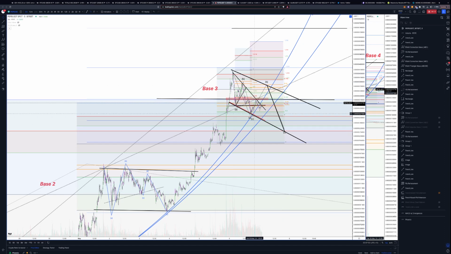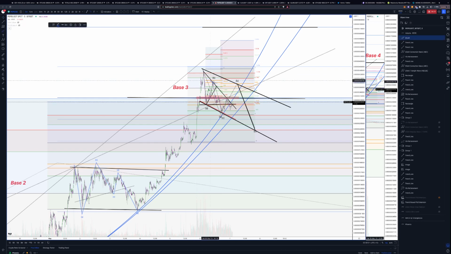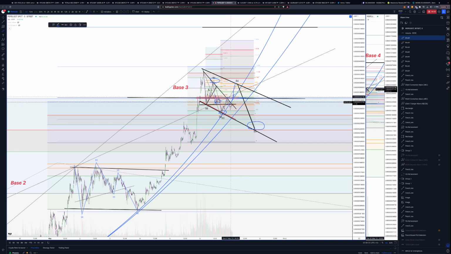I'm very aware of AB equals CD, and so if it comes down here, I'm in the short at the moment. I really timed it well this time. That's my short entrance. I did take profits where I took profit there, and I missed that one. I wasn't home. Bummer. So I'm still looking to close most of mine there. So if this was to go back up, I'll go long for another trade, and I'll be looking to short there to come back down potentially. But I'll see how it comes,